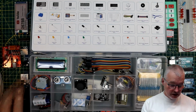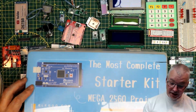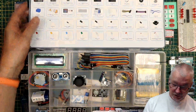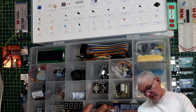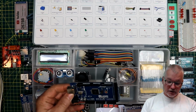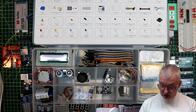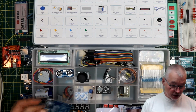Here is another one from Elegoo. This is the Most Complete Starter Kit Mega 2560 board kit. Sorry. Let me just grab that's the 80 mega that Banggood do. Now, a lot of components here are very much the same as what was in the other one. A few additions, you've got a